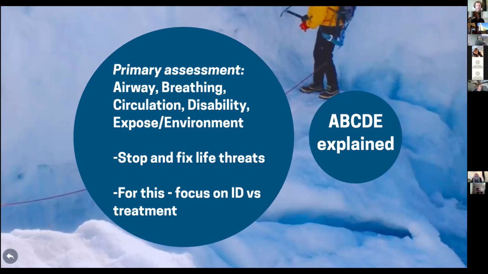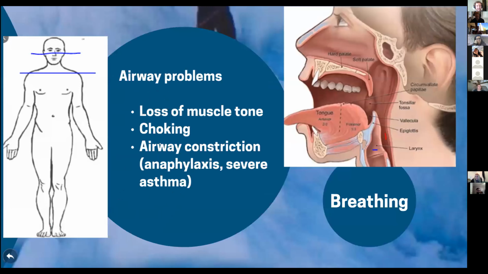And for this, we're just going to focus on the methodology and identification of some common airway, breathing, circulation problems, and we're not gonna dive into treatment because we need some hands-on experience and a little more time to dive deeply into that. So just a cursory explanation here. So here's some fancy diagrams. Kind of freaky. I saw that one on the right. I was like, what is going on there?